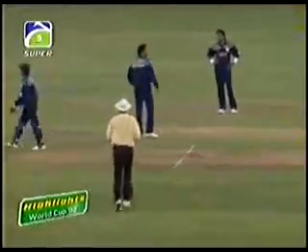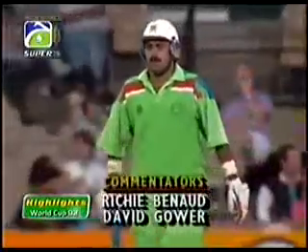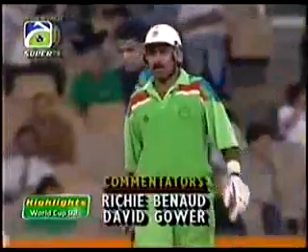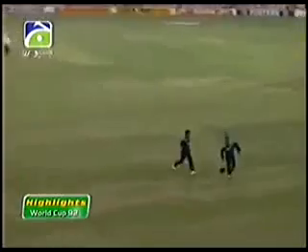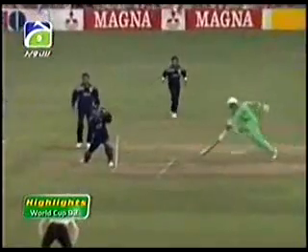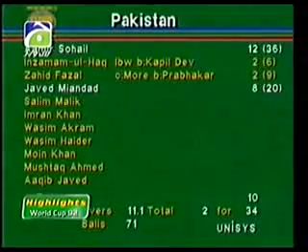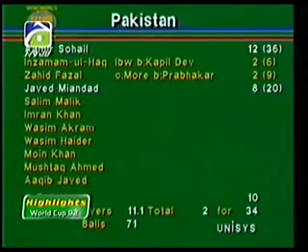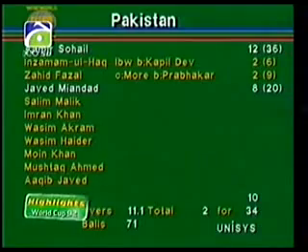Javed Miandad throwing off the years there to complete 3 runs. When he first came into the game, a very, very quick man in the field between the wickets. And taking advantage there as the fielder slipped, picking up the ball, just making it in. And Javagal Srinath will be the bowler now from the Paddington end, the northern or Paddington end.